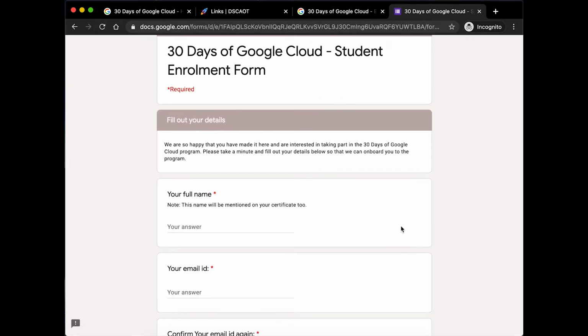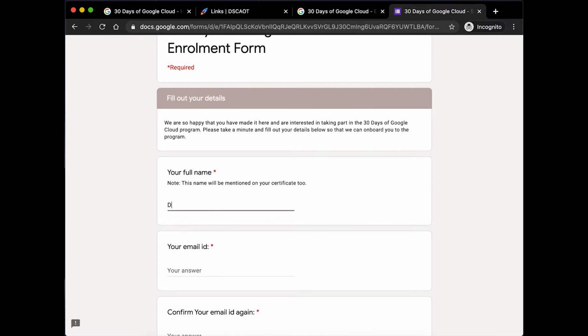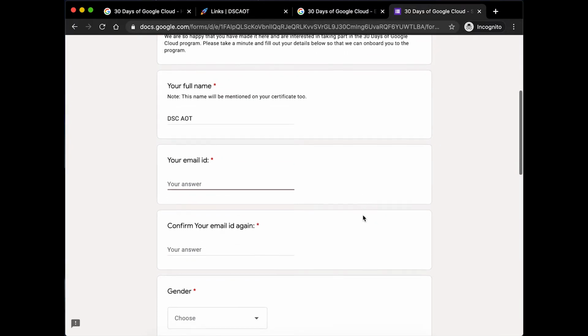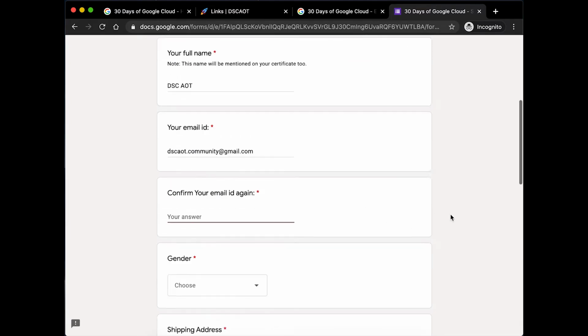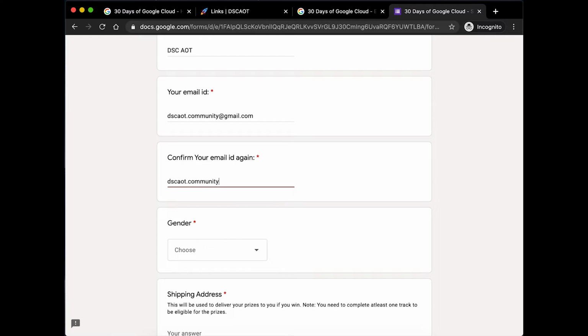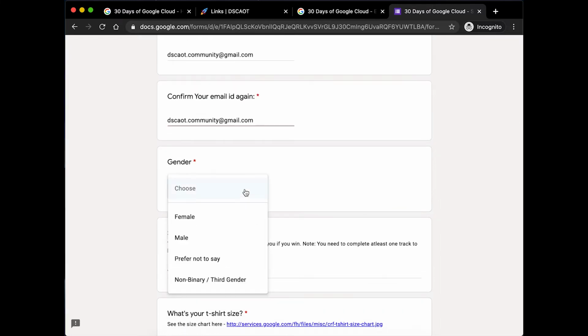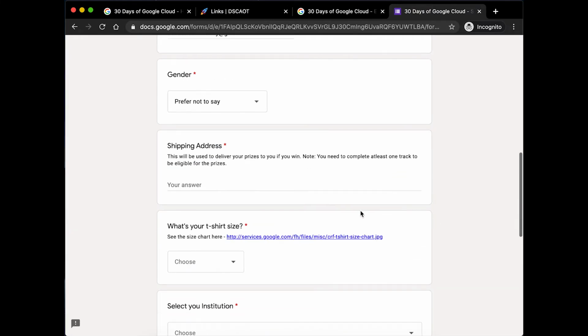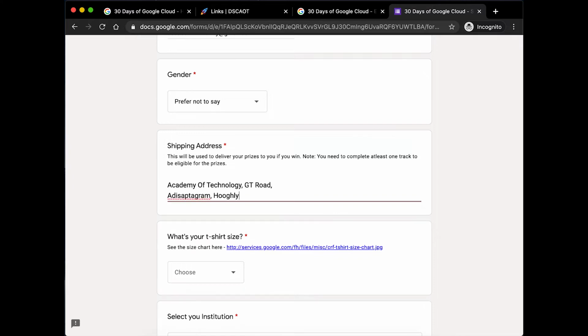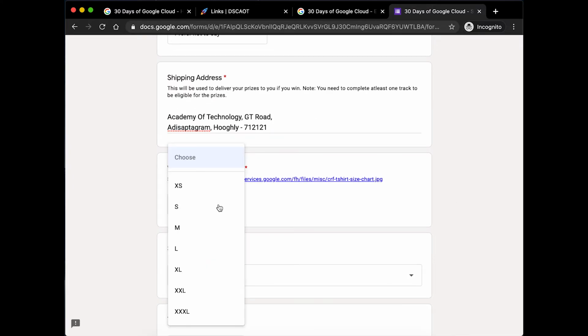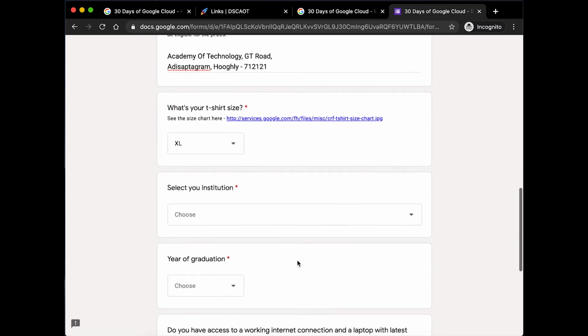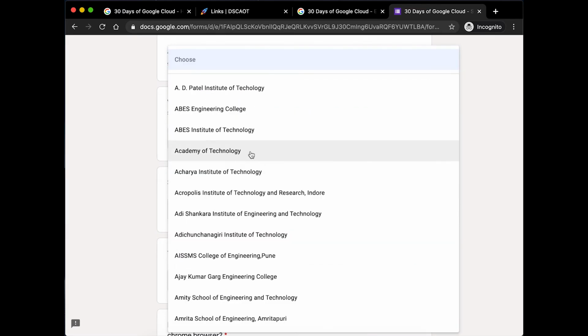Once you have done that, you have to enter your full name, your email ID, select your gender, and the shipping address. Your t-shirt size, institution. So in institution, you need to choose Academy of Technology.